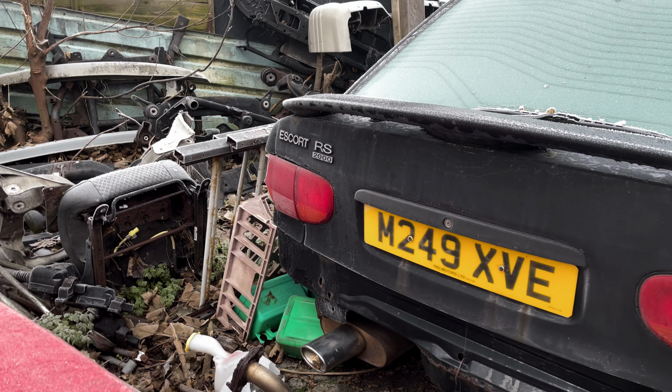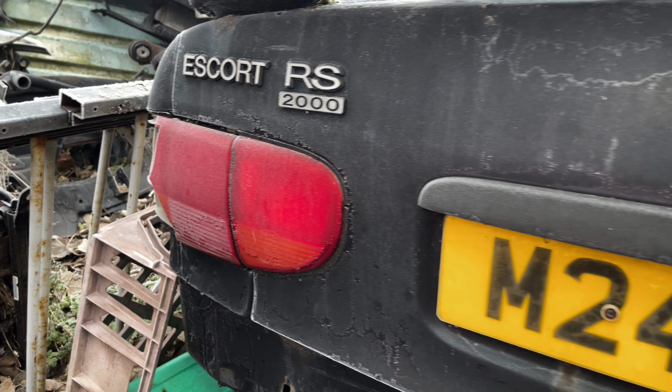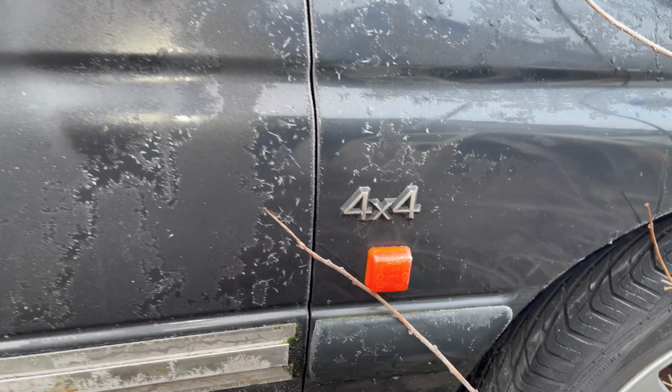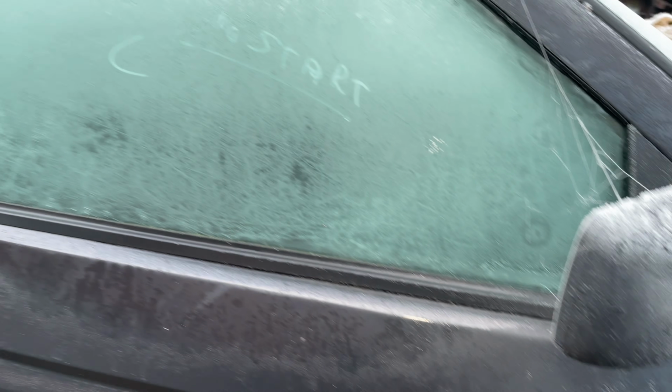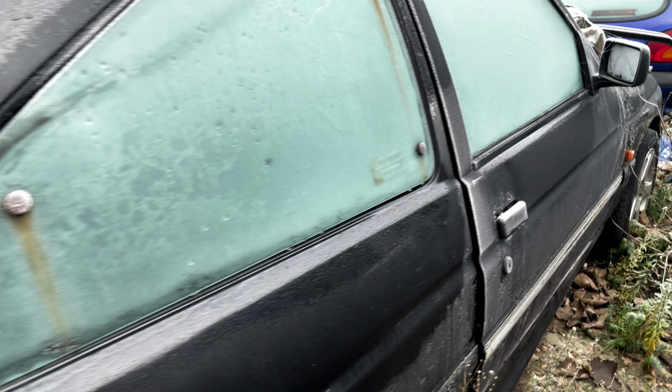Alloys, I mean, there's now, alloys this stacked is a little bit of a rare girl. This is an Escort RS2000. So, what's it now? So this is a Mark 5B, so it's a slightly facelifted version of the XR3i we've